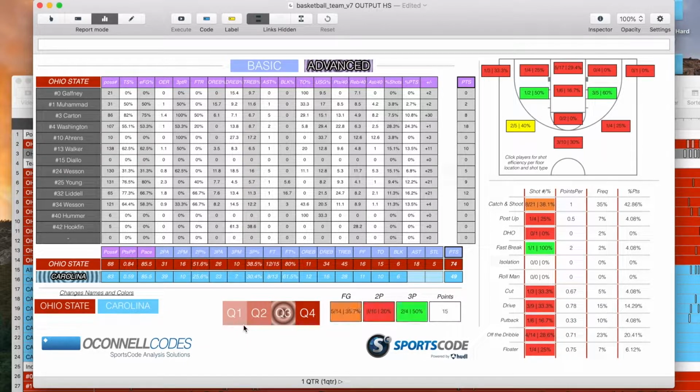Now, I know college basketball is usually cut up into halves, with 10 minutes, 5 in each half, just based on when the timeouts are, but I've got this in quarters just for a wider sample size. So in the third quarter, Carolina was only 5 of 14, and they scored 15 points. When we compare that to Ohio State,